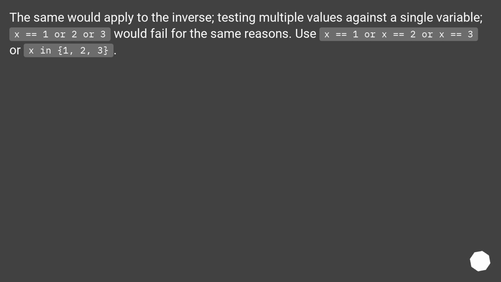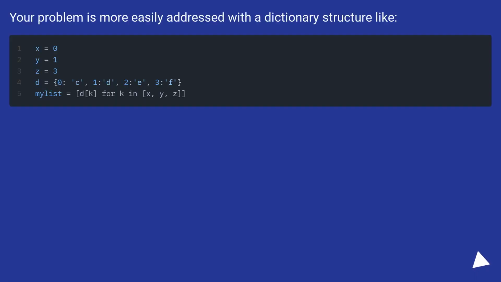The same would apply to the inverse, testing multiple values against a single variable. x equals 1 or 2 or 3 would fail for the same reasons. Use x equals 1 or x equals 2 or x equals 3, or x in 1, 2, 3. Your problem is more easily addressed with a dictionary structure like